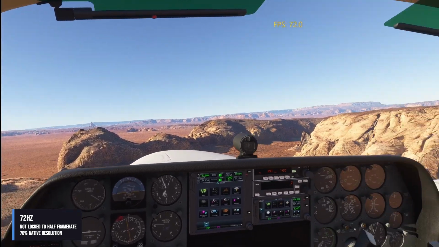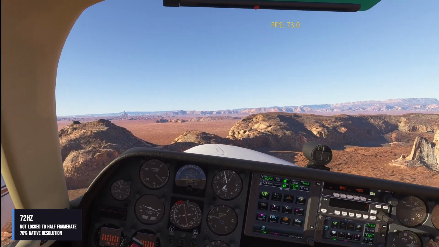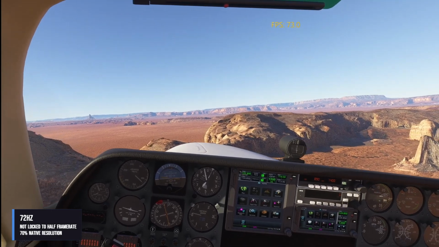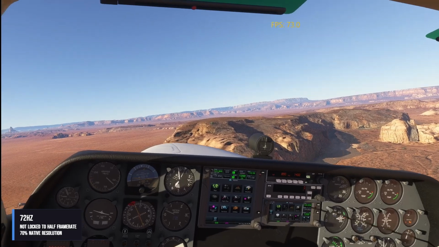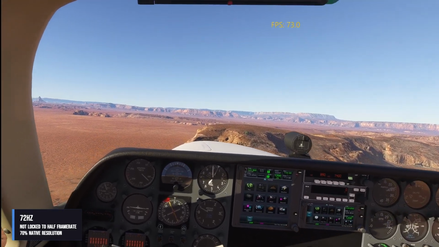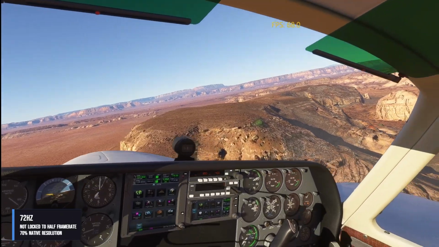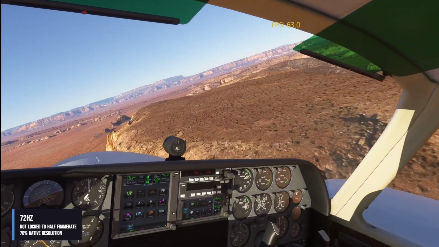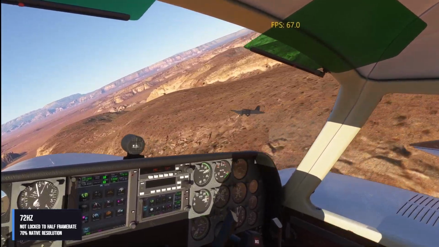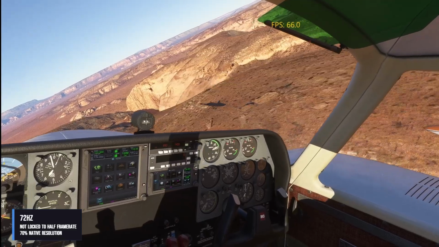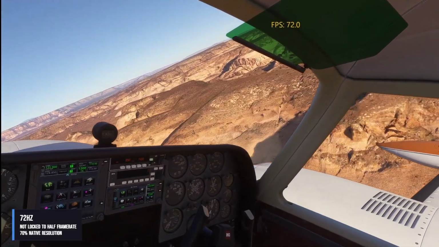If you lock to half the refresh rate, you're going to get, in this case, 36 real frames, and the rest to fill those 72 are going to be what we call fake frames, but those frames are going to make your, oh, I didn't go up, my landing gear was down, so